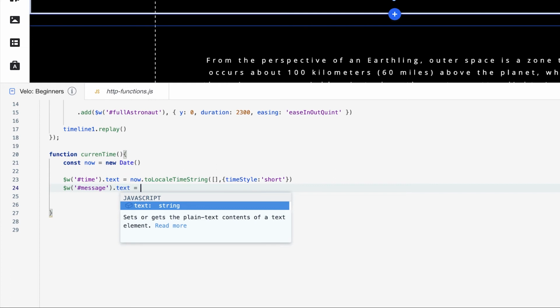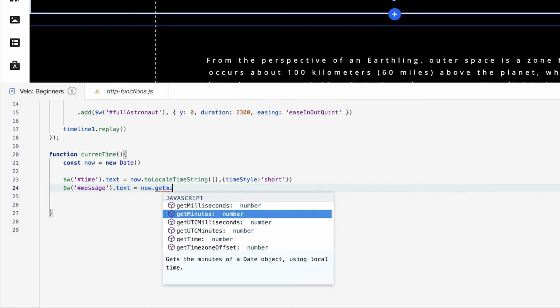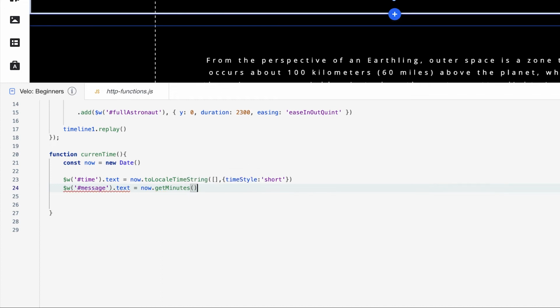And we're going to set that equal to now.getMinutes, so we can get the current minute. And we want to check if the minutes are divisible by 2, and if not, we'll display a different message. Because if we can find out if it's divisible by 2, we know that it's an even number. So we'll get our %, and we'll just type 2. And we'll strictly equal it to 0.